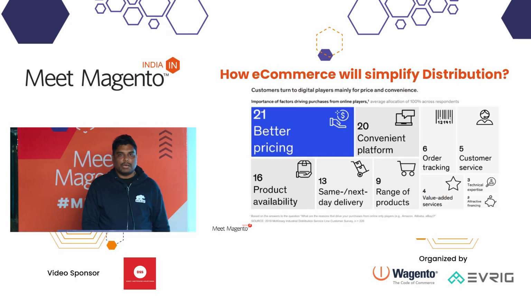So how do we simplify commerce for distributors? The first is e-commerce. Everyone knows this, right? They need an e-commerce channel to sell the products, instead of doing it offline. So why do they need to go for e-commerce? It's very difficult to find catalogs and inventory offline, and they will definitely get benefit from e-commerce. It reduces the cost of the online store. It's beneficial for both the wholesaler as well as the distributor, and it's also very easy to operate the supply chain.